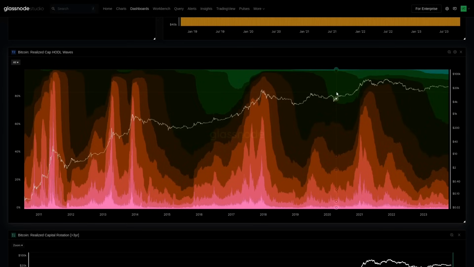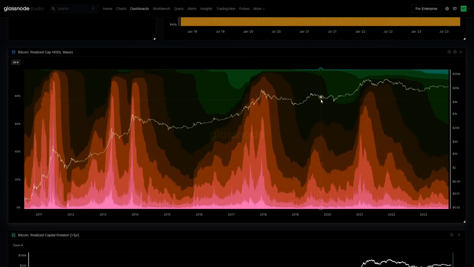Now, what happens during bear markets? You get the exact opposite. The speculators slowly but surely leave, and the price insensitive hodlers just slowly accumulate, take those coins off. It's a long, slow, gradual, boring, painful process. But these cooler colors, those older coins, swell in scale. So that's the macro view, but obviously this happens at all time frames. You get these bursts when these older coins get spent. Remember, coins can be binary. They're either old or young. They can't be both. So for young coins to increase, it means your old coins were spent and vice versa. This is where we can see the capital rotation occurring.